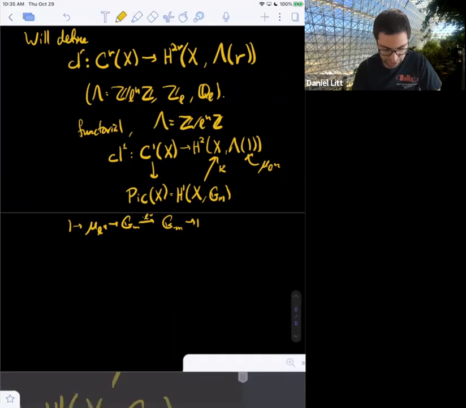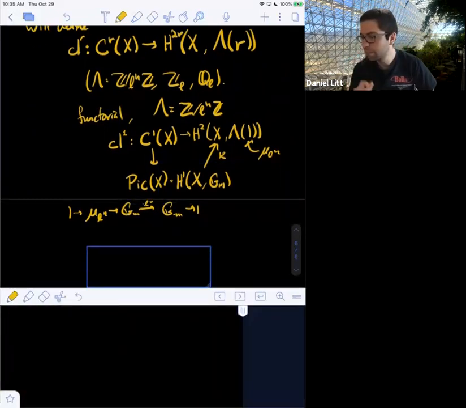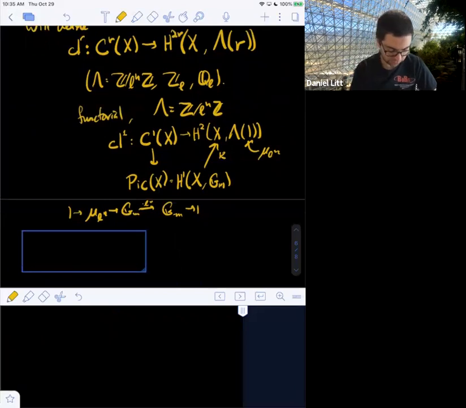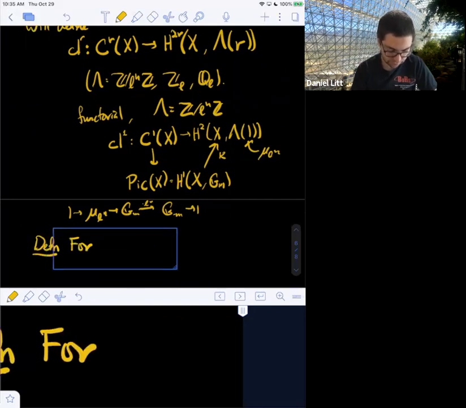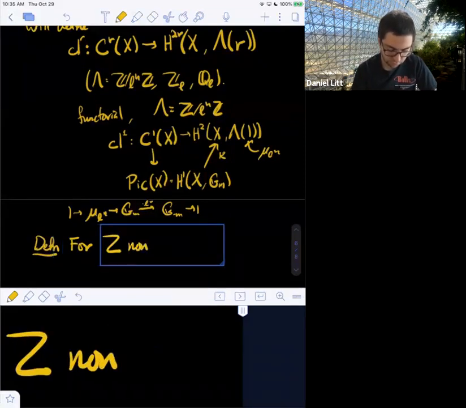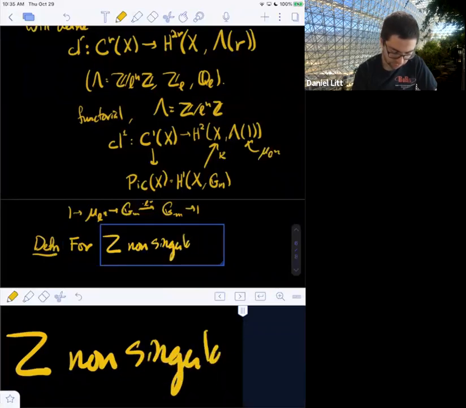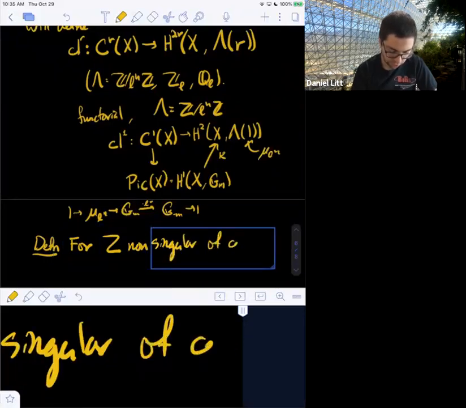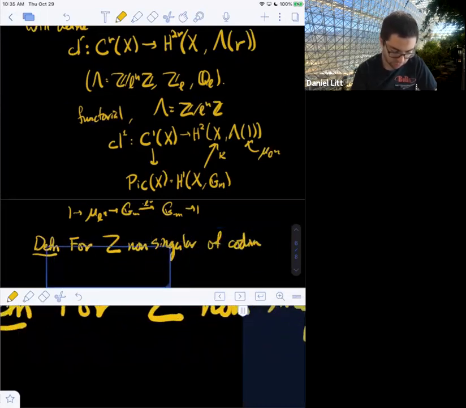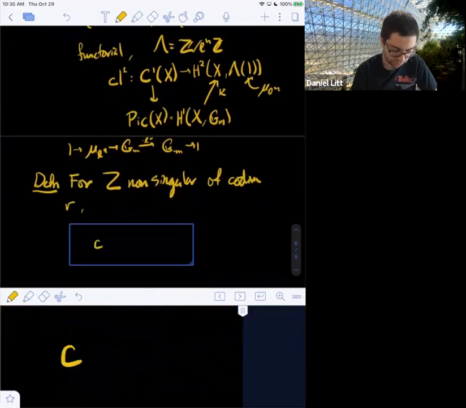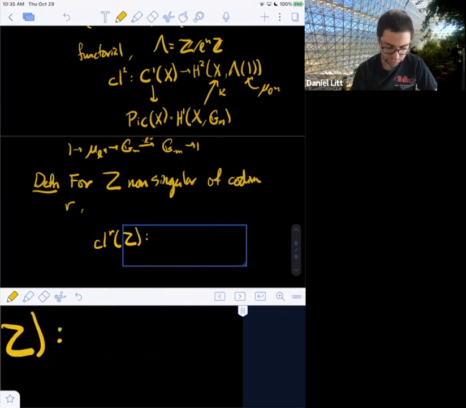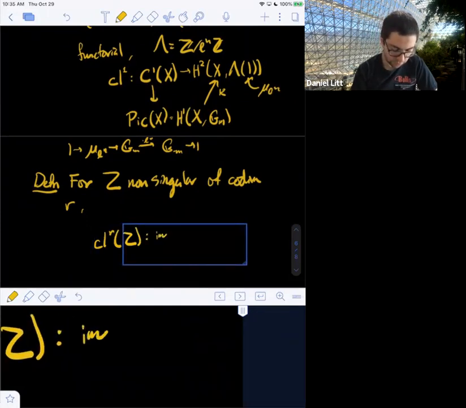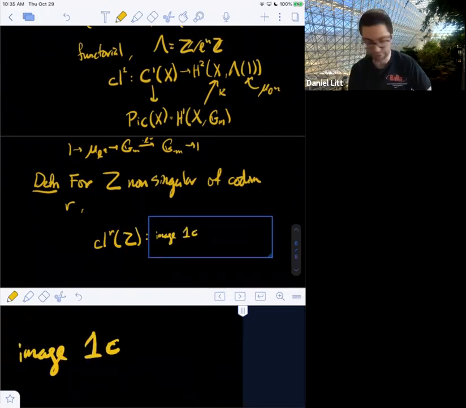All right. So let me now say what to do. So the definition. For Z non-singular of codimension R, I'm going to define cl^R of Z to be as follows. So you take the image of 1 in, I'll say what I mean by this in a second, in H,